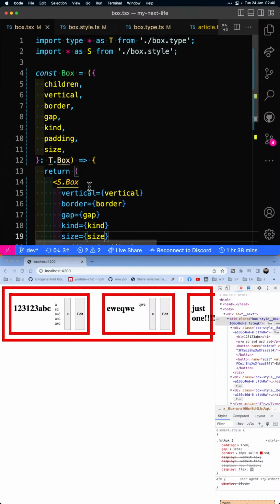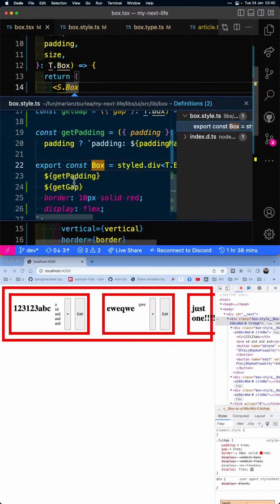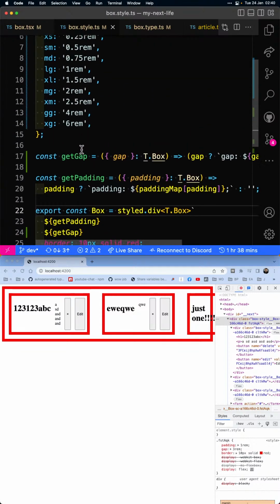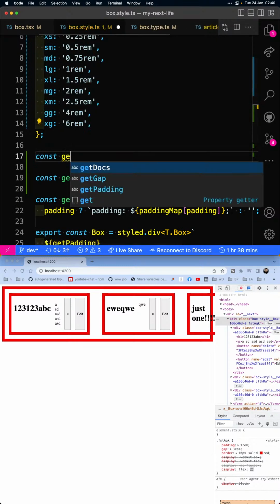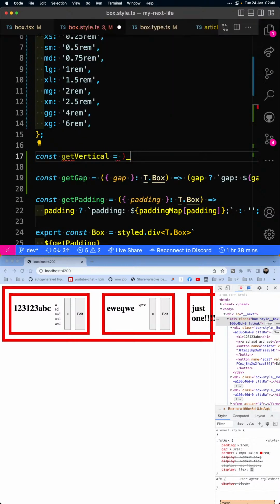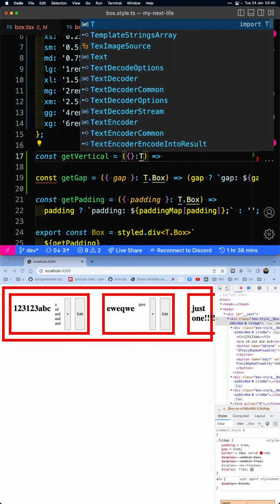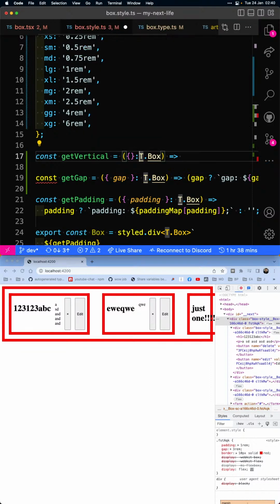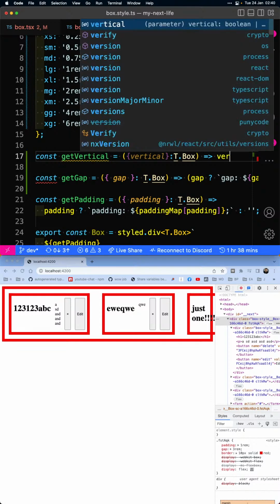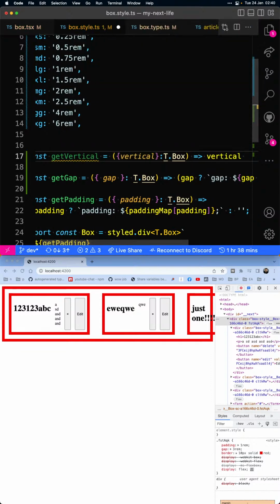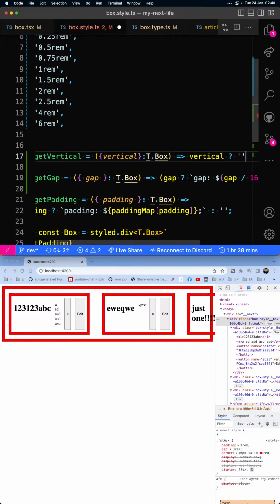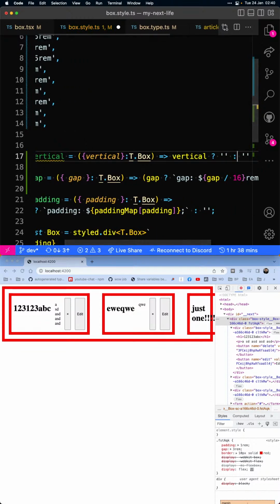What should vertical do? Well, let's do a function, const get vertical, which is a function anyway, and takes some arguments of type t.box, and t-box grabs a vertical, and then returns if vertical is true, then something, otherwise nothing, and something